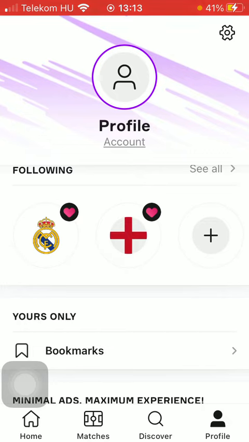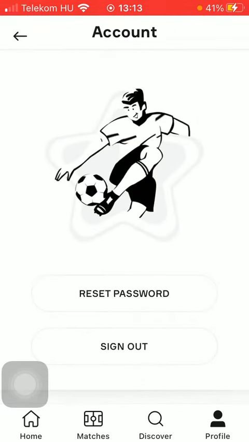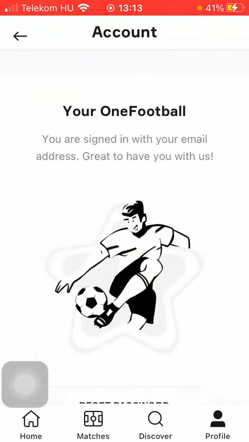email and press the button verify email. So you will find a button in a black box. Tap on it, and if you click on that button again, you are going to see that you are signed in with your email address. So you can